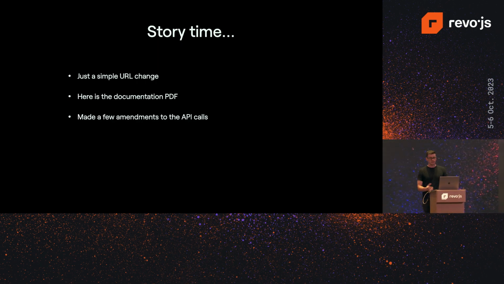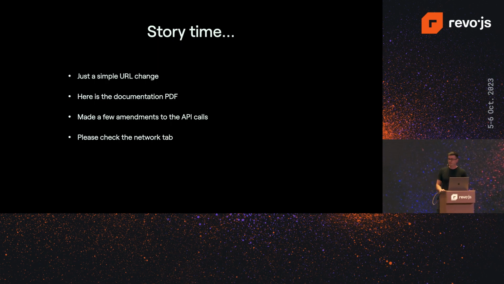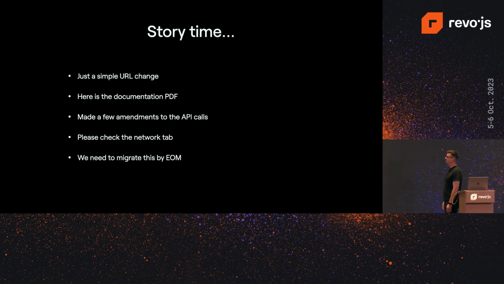And then later on, we got an email saying that, hey, we've made some amendments to the API call, so there might be a bit more work involved. Okay, do you have some documentation for that? And then they said, yeah, check the network tab. It's this really powerful tool where you can see all the requests that are sent from this dashboard that we built. You can see what params you need to send, and then you get the response, and then you can figure it out from there. Like, yeah, that works. Also, we need to finish this by the end of the month. So I said, okay, interesting.